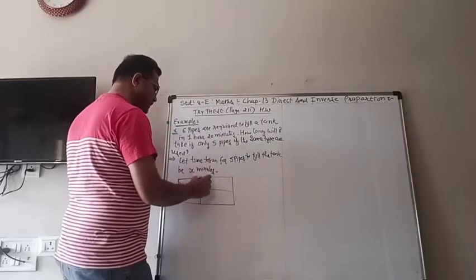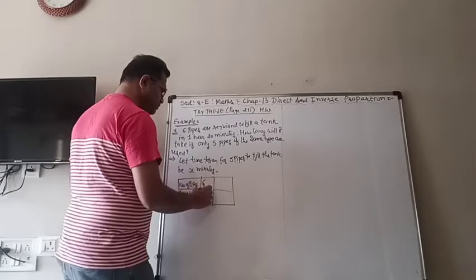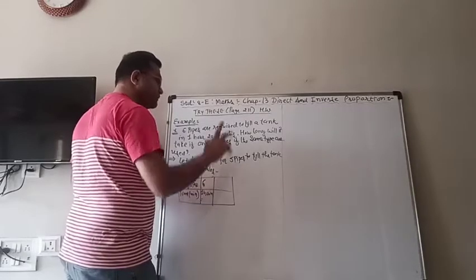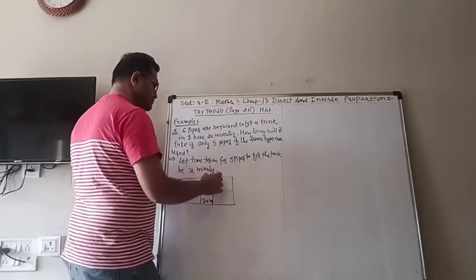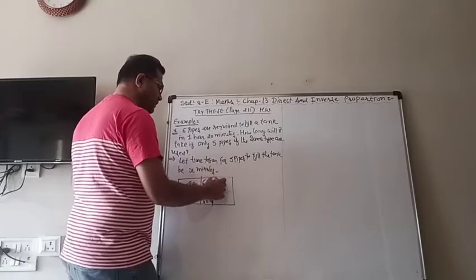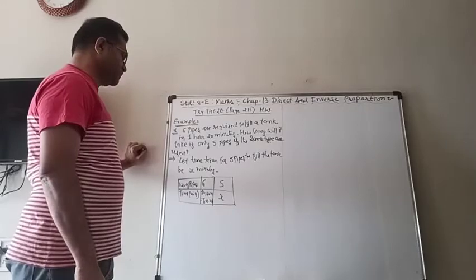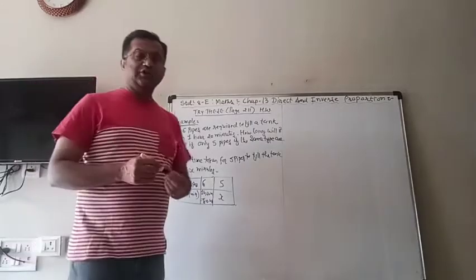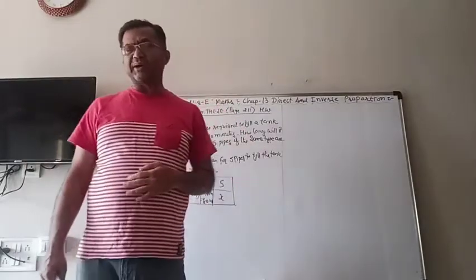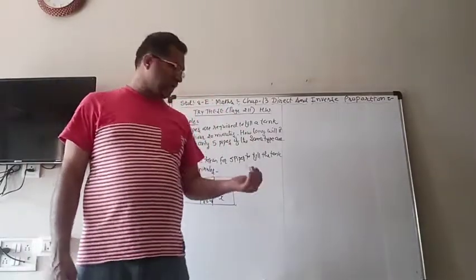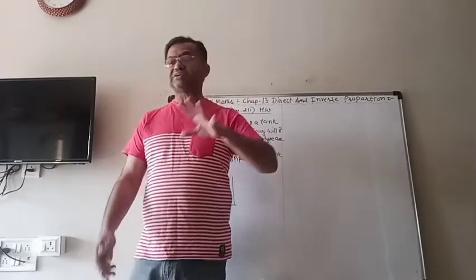So when there are 6 pipes, time taken is 1 hour 20 minutes. 1 hour is 60 minutes plus another 20, so 80 minutes. And we have to find, if only 5 pipes are there, then what is the time taken? Now, what do you think? If you use fewer pipes, will it take more time than 1 hour 20 minutes or less? Means time will be increased or time will be decreased.